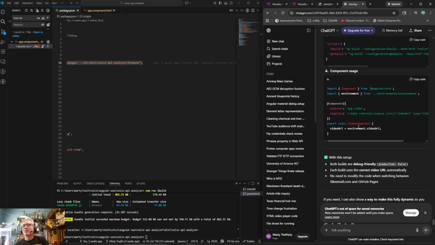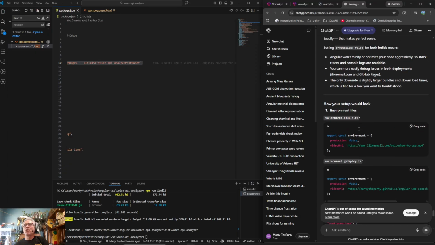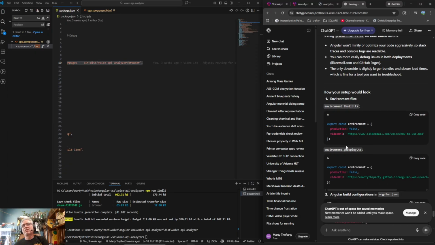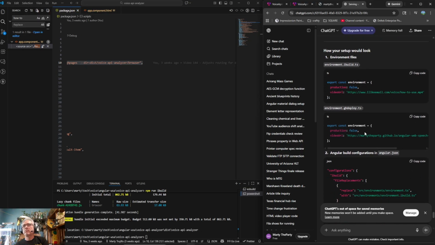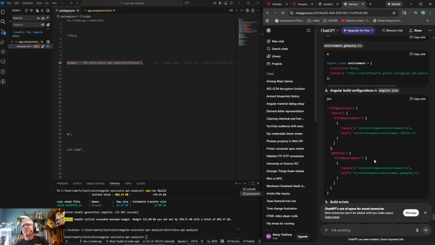So there's 5 steps, right? And most people don't ever break it down this way. First, creating 2 new environment files. Then 2, updating the Angular JSON with what I want for each build, telling it which one to use.